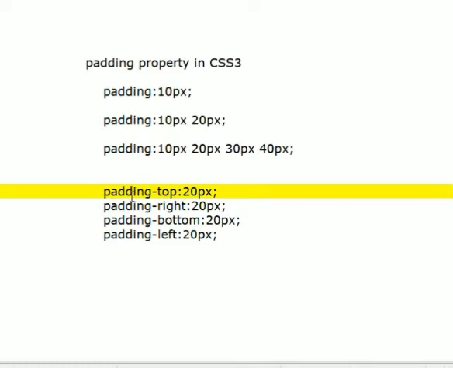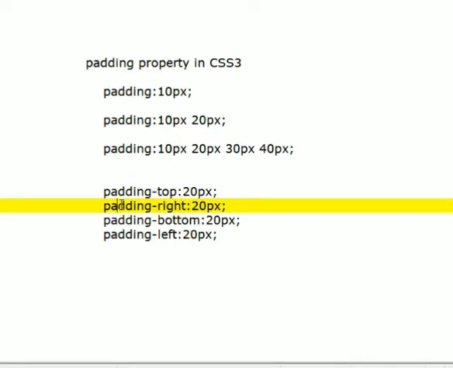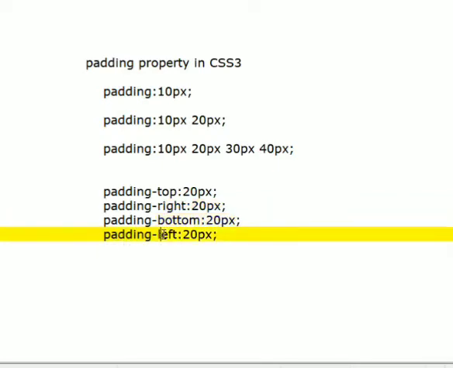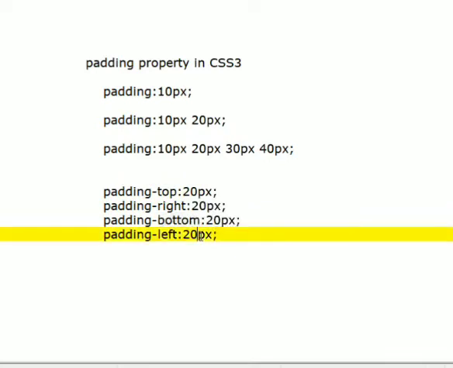The name of the property is padding-top, and we pass a specific size. If you want different sizes for all 4 sides, we can use padding-top, padding-right, padding-bottom, padding-left.